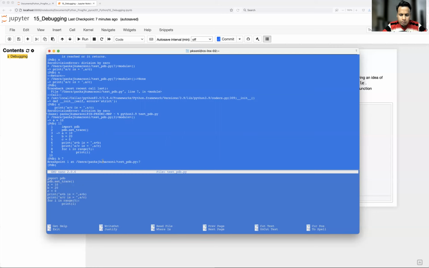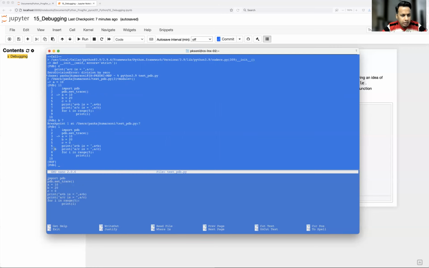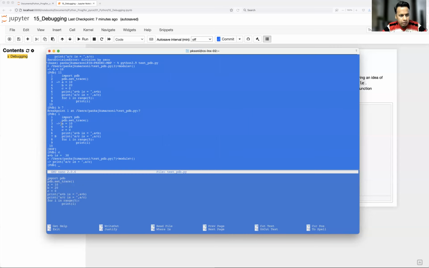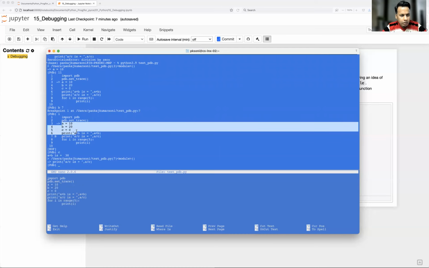Okay, and how to see it? Just press L. It will show one particular character called B. It means it is setting the breakpoint at line number 7. So in case you are going to set at, let's say, instead of executing line by line, you are pressing the C. C is for continue the execution. So it will continue executing all the lines and it will stop wherever breakpoint is set.